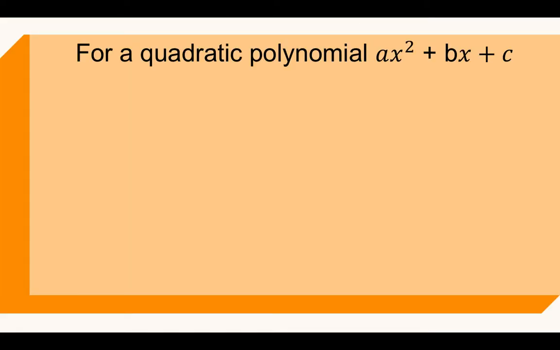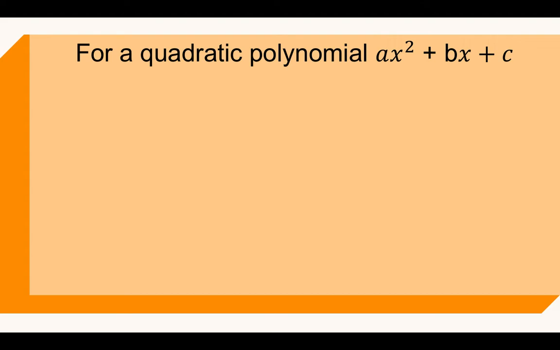Do you know what a quadratic equation is? The equation with the highest degree of the variable as 2 is called a quadratic equation. And over here we are discussing polynomials in chapter 2, so we will discuss the quadratic polynomial. In the beginning of this chapter, I explained what a quadratic polynomial is. The polynomial with the highest degree as 2 is called the quadratic polynomial.